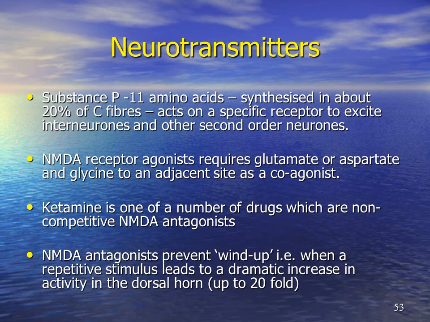So there's a multitude of neurotransmitters, but just a few of them include substance P, which is synthesized in about 20% of C fibers, and it acts on specific receptors to excite interneurons and other second order neurons. The NMDA receptor agonists require glutamates, so these are amino acids, glutamate or aspartate, and glycine to an adjacent site. And ketamine is one of a number of drugs which are non-competitive NMDA antagonists,